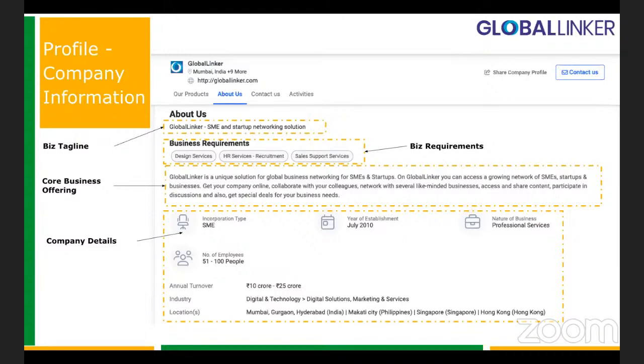The next is we need to know some logistical and technical information about an organization. What is the nature of that business? How many employees are there in that organization? Is he a manufacturer, trader, exporter, wholesaler, retailer? Where is his presence? What is the turnover he has? Which industry does this business operate in and which locations are they present in? All of this information helps a buyer decide whether he would like to start a dialogue with you or not.